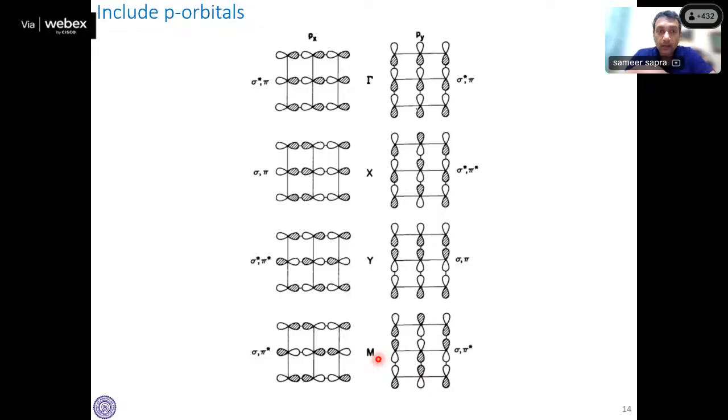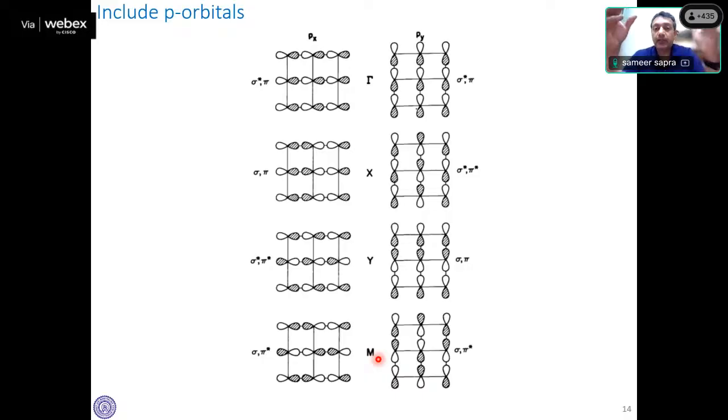Okay. So if I look at the px orbital, then it's going from a high energy orbital, which is sigma star, towards sigma. So from high to low, that's going to run down. And if I look at the py, then it's going from pi to pi star. Okay. And pi is a lower energy orbital. Sigma star to sigma star, it's the same, but pi to pi star. So pi is a lower,